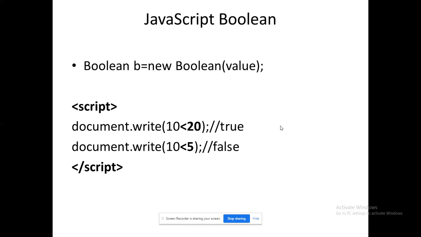The next one is the Boolean object. Boolean is also an object here. How will we create the Boolean object? A Boolean object has only two values, true or false. Whenever I work with any conditions, I will get these results. The simple way to create it is new Boolean of the value that I pass. The values it supports are true and false, which can be identified using relational operators for an expression.